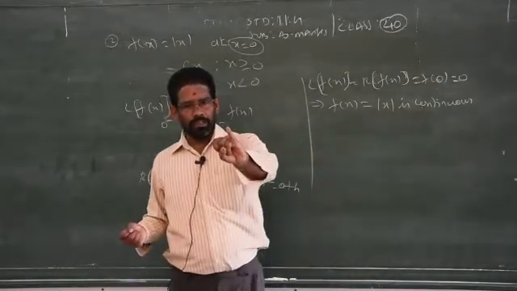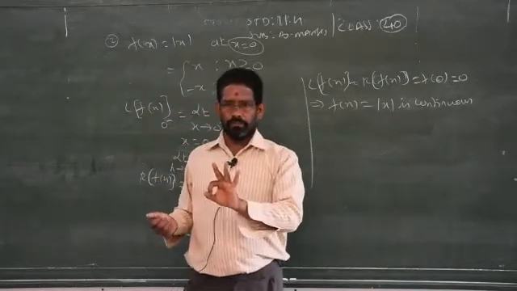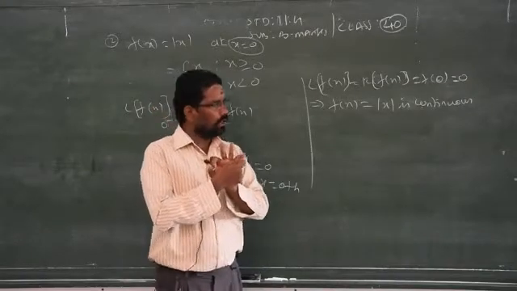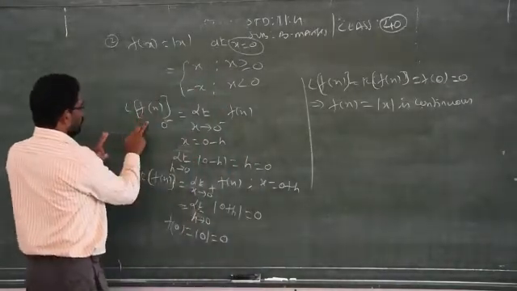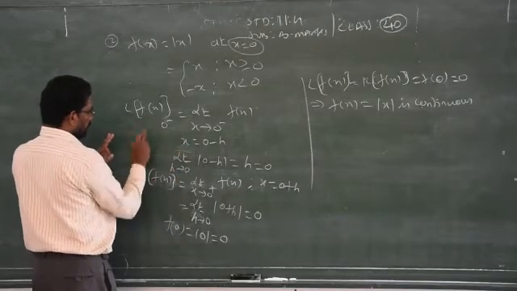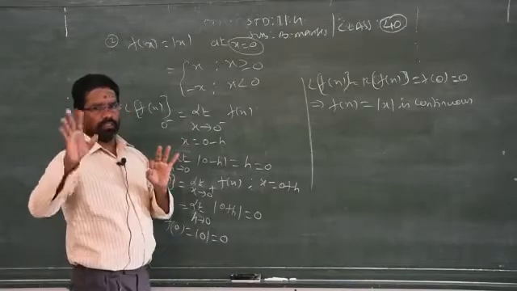First you exist, then continuous, then you go for differentiate. There are three stages. Clear? First one, existence. For existence you have to prove the left hand limit and right hand limit should be equal. When the left hand limit and right hand limit alone are equal, then you may say that the given function exists.